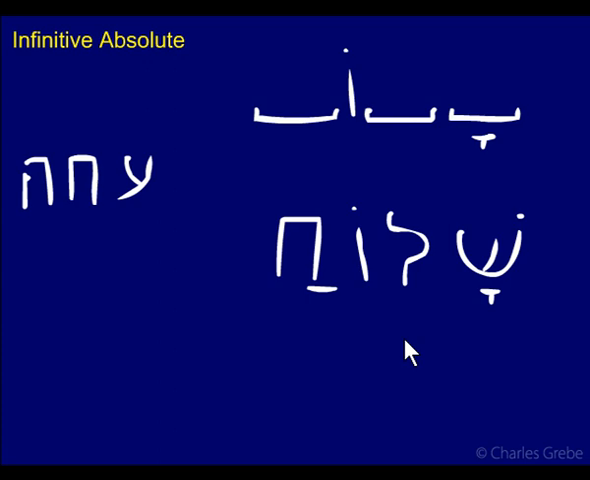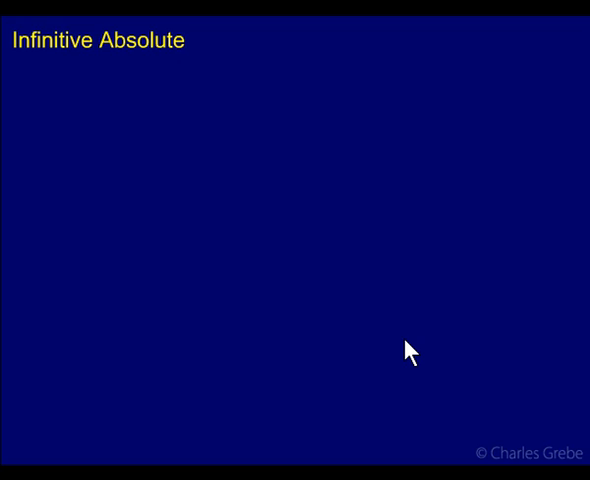Now, the last thing I want to show you with form is to compare this to nouns and adjectives, and to talk about why we call them construct and absolute. Now, we looked at this a bit. We looked at this for the construct in the last chapter. If you remember,